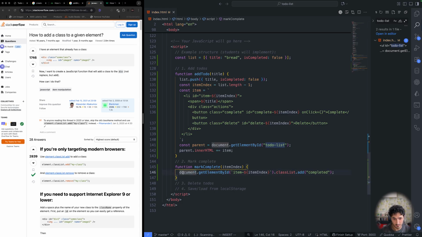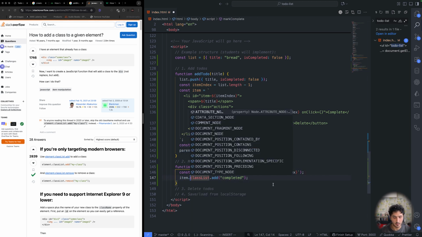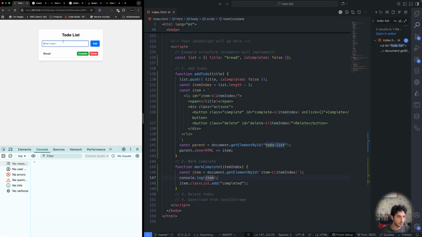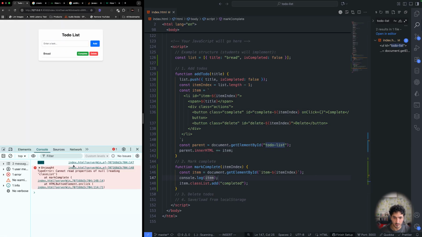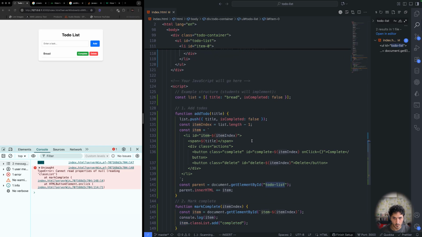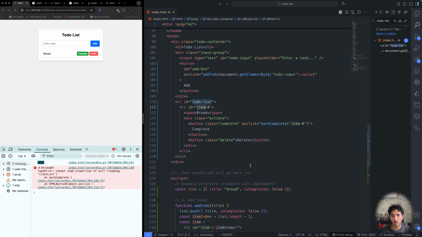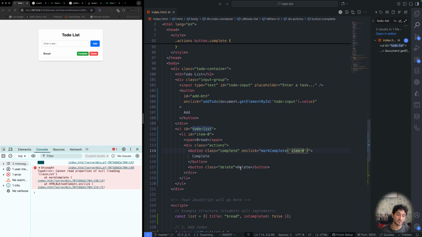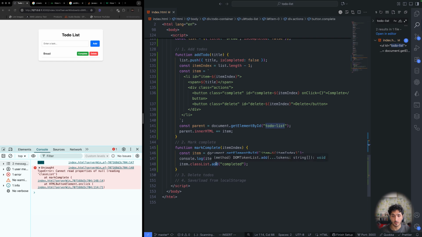Did we find this item? So first I'm going to log item.classList, and let's log this item. So if I click here, it would be null. Yeah, we haven't had the get element by ID, and it's item 0. It's item 0. Oh, you're not sending the thing here. We are sending the item 0, and instead of,